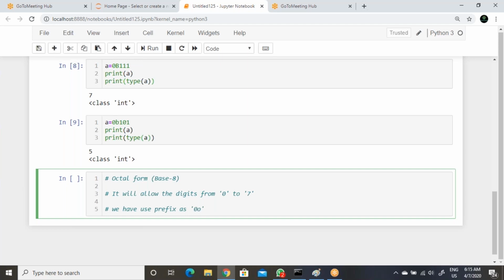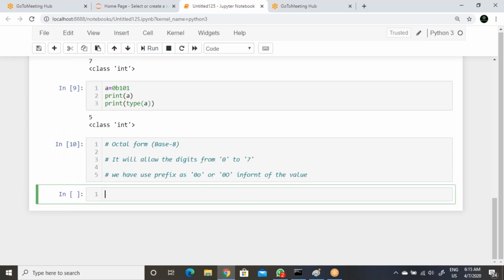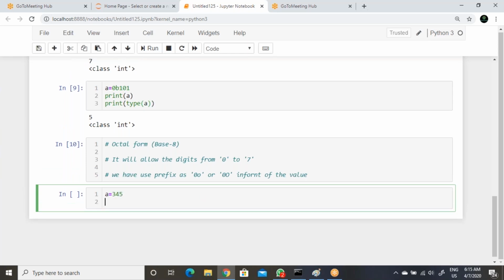Now I'm just taking a equal to 345. Print of a, then this is decimal, because we don't have a prefix. Now if you use a prefix, it can be 0 small o or 0 capital O, whatever, then execute.